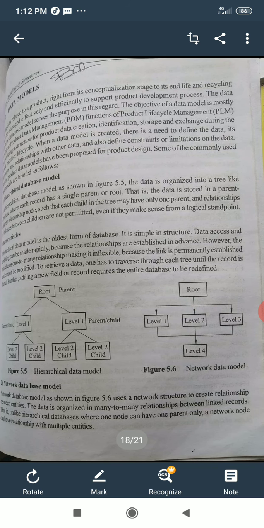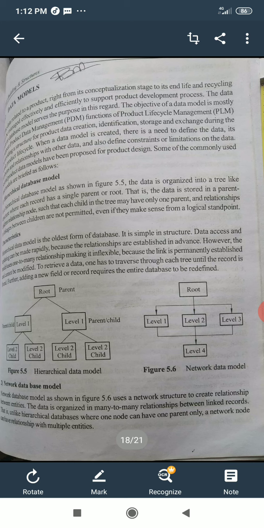Next, we will have a discussion about the data models. All the data related to a product, right from its conceptualization stage to its end life and recycling, must be managed effectively and efficiently to support product development process. The data model or database model serves the purpose in this regard.